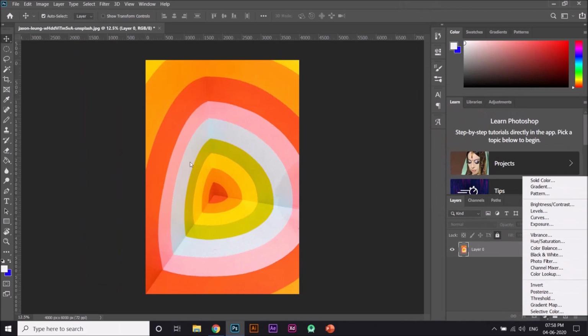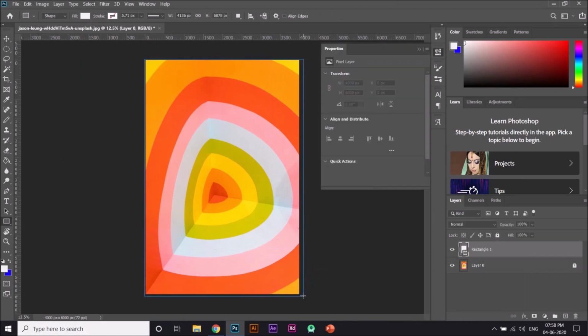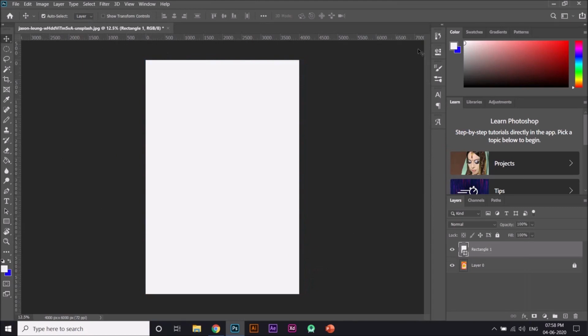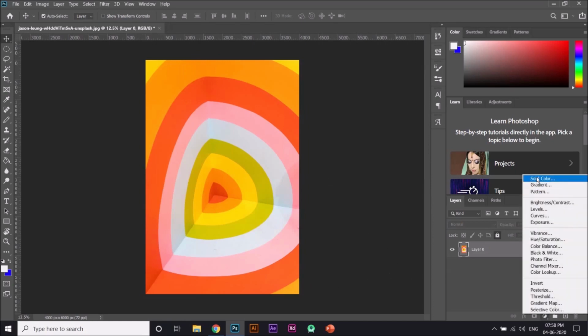Suppose whenever you want to fill a background, that is, you want to make a background with a particular color, usually you might have done it using the rectangle tool. That is, you click on the rectangle tool, and suppose right here it's in white fill, and then I'm going to just click and drag, and now you can see that the background is white. This is usually what people do normally, but there's another alternative instead of dragging and doing this, and this is the solid color adjustment layer.